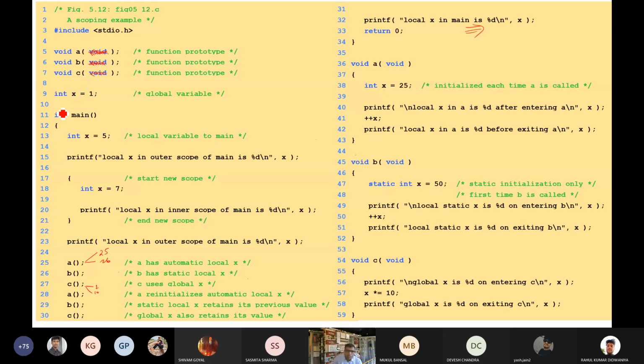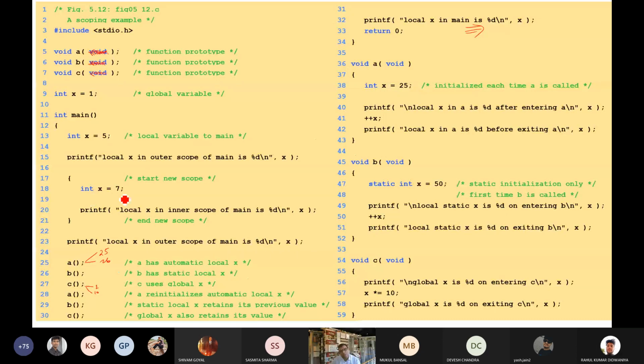This is our global variable because it is beyond any function boundary, so it is accessible to all. Fine. Now come to integer x. Integer x is written in this scope, and printf local x is in the outer scope. So this is the outer scope. Another scope is given here, and this is the inner scope.